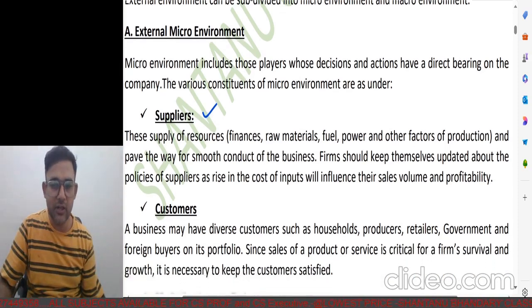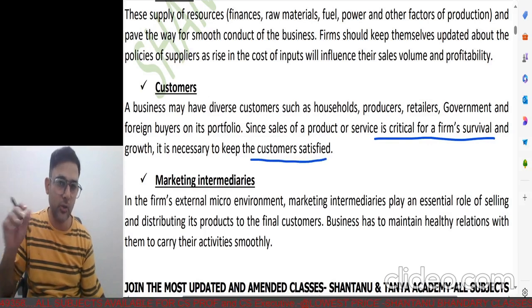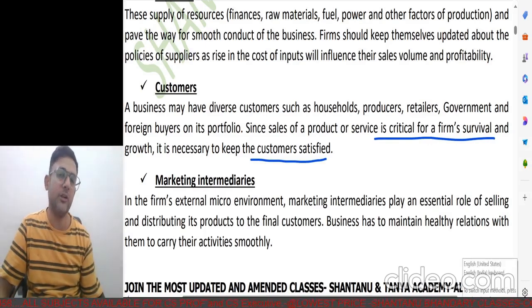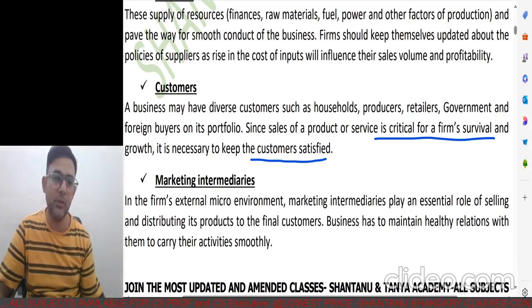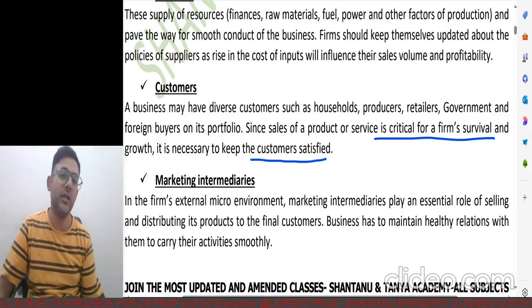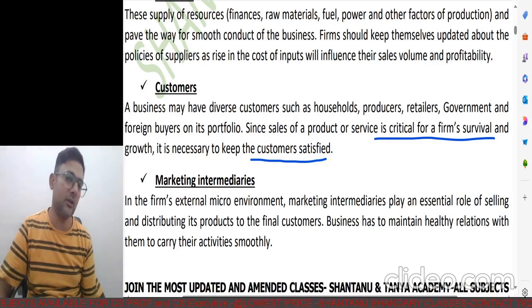Then again, customers. If we treat the customers in a good way, obviously it will really help us. Although we said that we can't really control the mind of customers and no one really can. But if we have a good relation with customers, we think of them, we respect them, and we hear their opinion, their feedback, and work on it, then for sure it will help us. This is contrary to a company that doesn't bother about its customers, that just wants to sell the product by hook or crook and doesn't reply to anything that's being said. On the other hand, there's a company that works for you, replies to you, and helps you out the best they can.